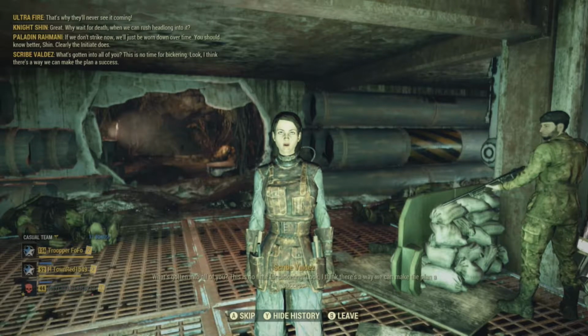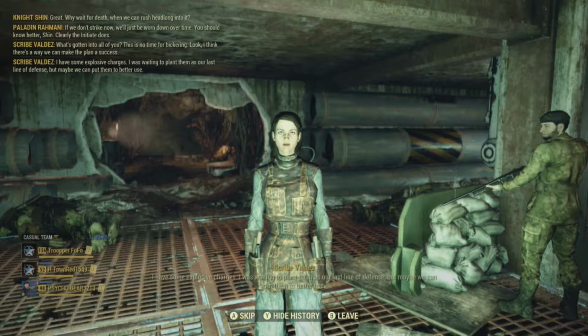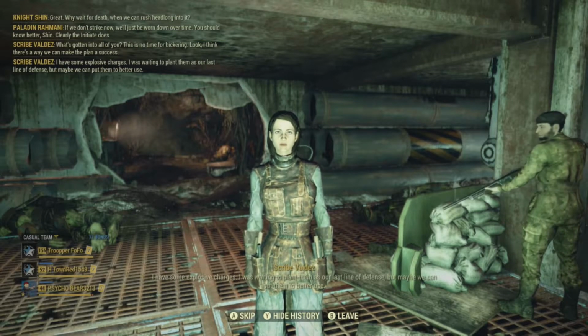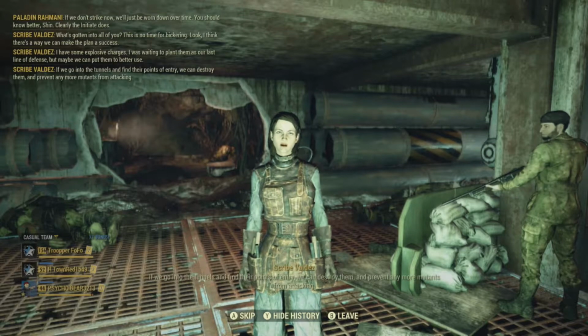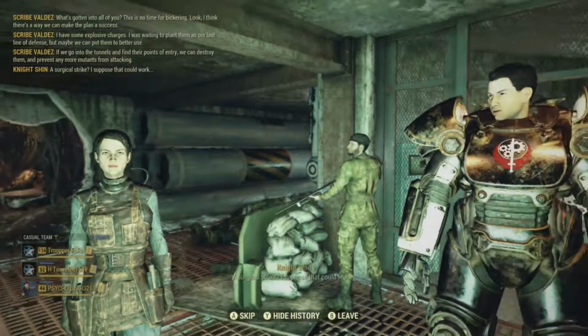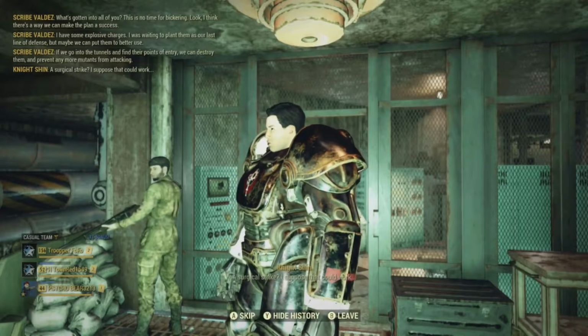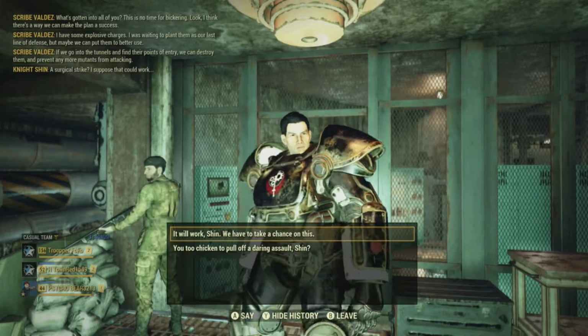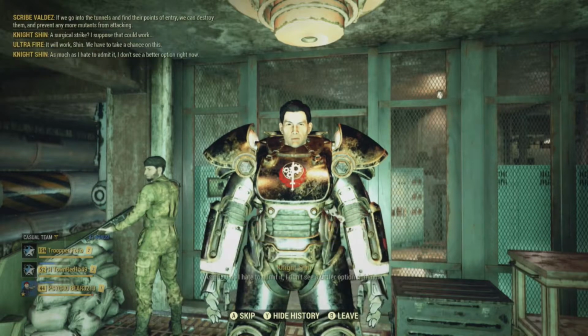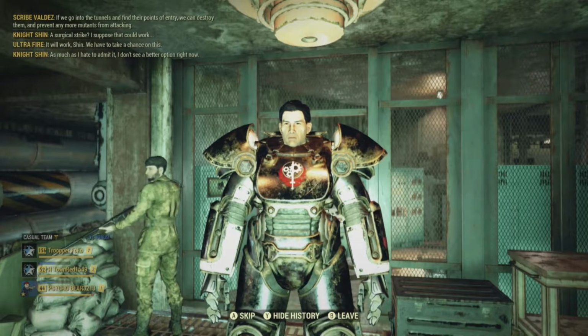Look, I think there's a way we can make the plan a success. I have some explosive charges. I was waiting to plant them as our last line of defense, but maybe we can put them to better use. If we go into the tunnels and find their points of entry, we can destroy them and prevent any more mutants from attacking. A surgical strike. I suppose that could work. As much as I hate to admit it, I don't see a better option right now. Fine, but the Initiate...